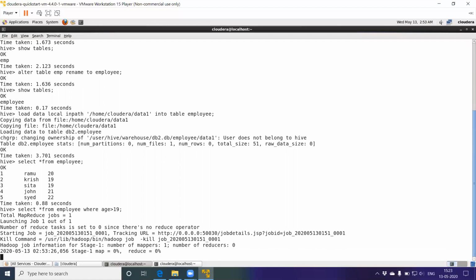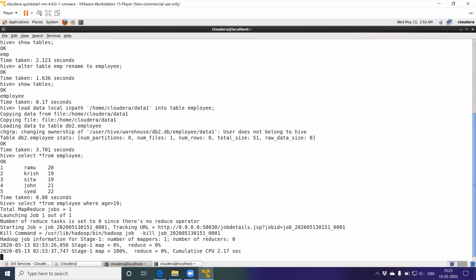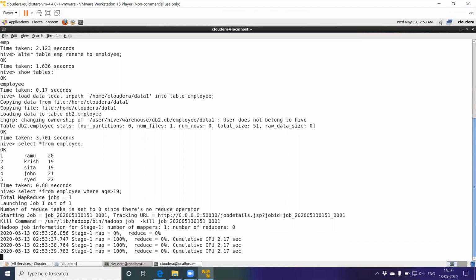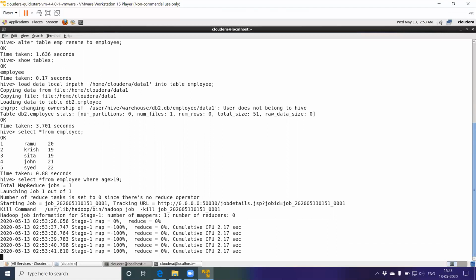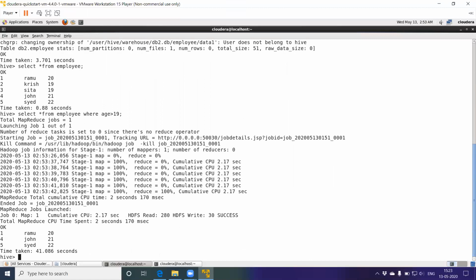Now 0% map and 0% reduce. As and when it executes, you can note that progress. So look here. When 100% mapping is done and 100% reducing is done, you can get the output. See here, these are the employees who have age greater than 19.